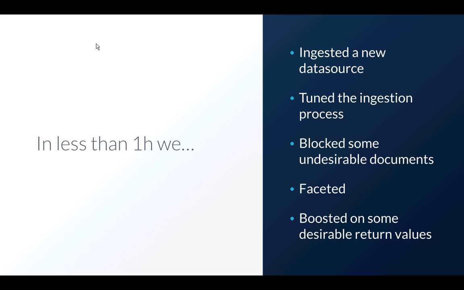Then we boosted on some desirable return values. So as a user, I clicked on some things. And this was all done in well under an hour. So without further ado, you've looked at the query pipelines. You've looked at the index pipelines. We've ingested some data. We've boosted some results. We've blocked some results, manipulated. We have our very own special cat-based search for Wikipedia powered by Fusion, and I'll turn it over to you